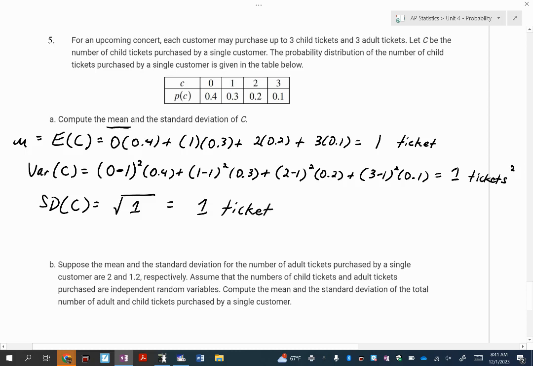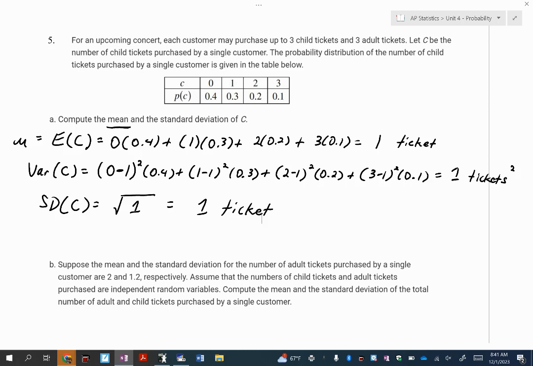Guys, are you going to get the variance of being 1 very often? Probably not, right? We've done a lot of examples so far this week, and this is the first time that's happened. Are you going to get many that the mean and the standard deviation are the same? It could happen, right? It did just happen, but just don't expect that. It's not likely to happen.